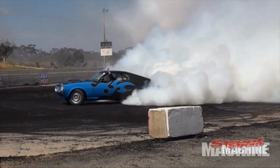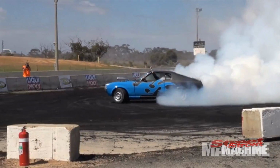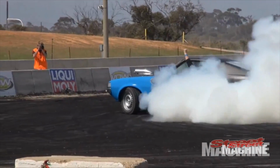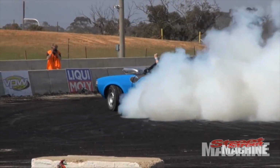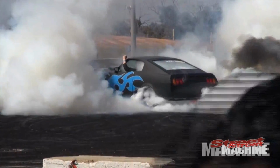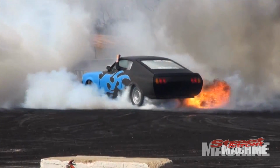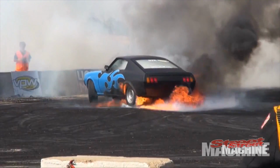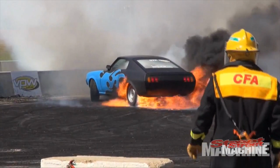We need to work on more safety, so we've done hydraulic handbrakes, we've done a lot of sealing for the fuel tank. None of this fuel spilling out like we did once before, so we've jugged that up, so that's not all coming out. The chassis is stronger than ever, so that's not going to twist or bend or break. At the end of the day, we just want to do a good solid skid and drive off the pad